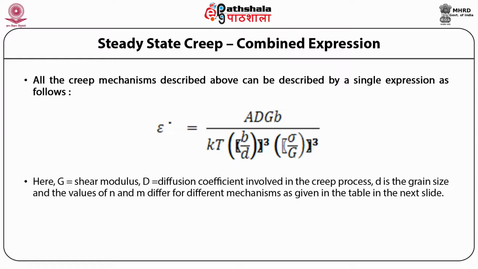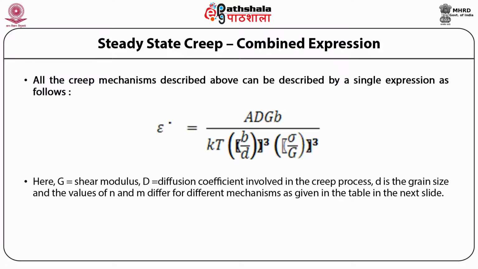Now here G is the shear modulus, D is the diffusion coefficient involved in the creep process, d is the grain size, and the values of n and m differ for different mechanisms as given in the table in